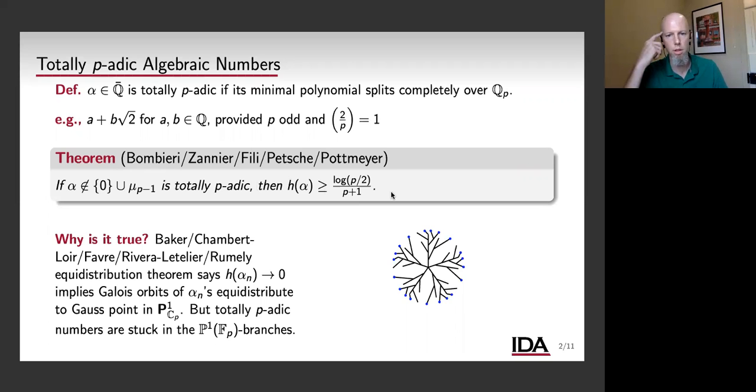We don't actually know what the sharp lower bound is. We don't know if the lower bound is attained by an algebraic number, and so we know very little about the